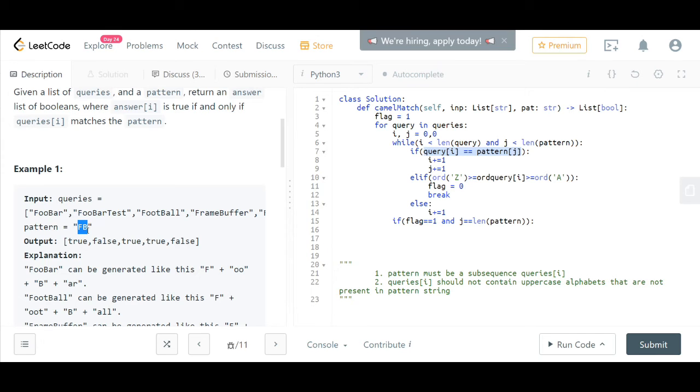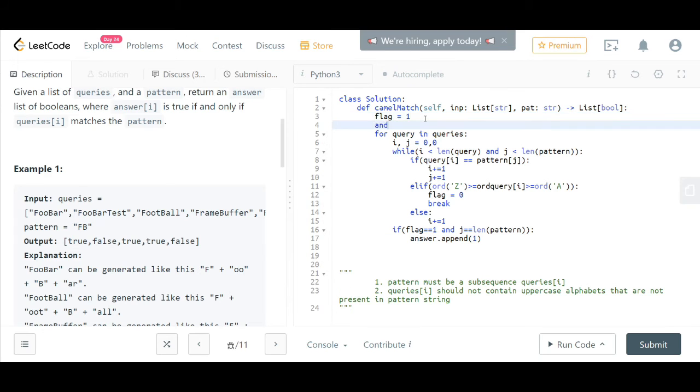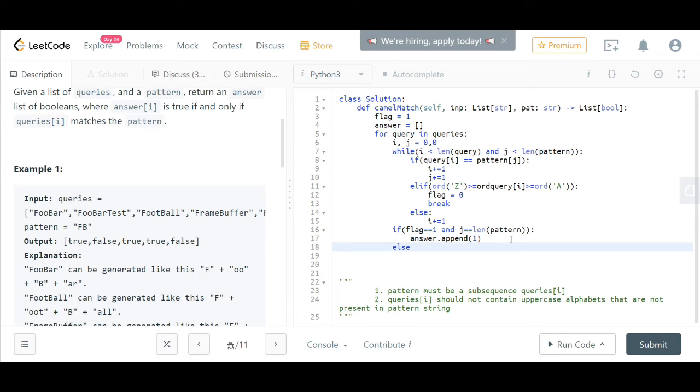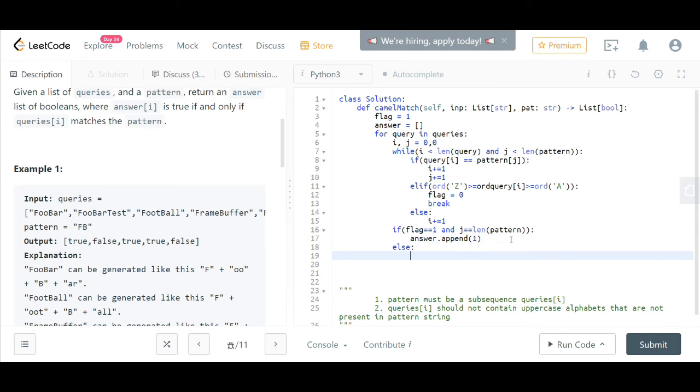That means we have found every character that is present in the pattern in this query. So in that case I'll append 1 to the list. Take an empty list, so I'll append 1 in that case, else I'll append 0.